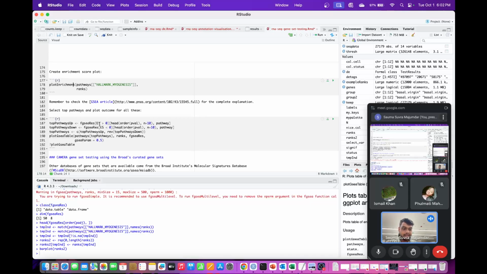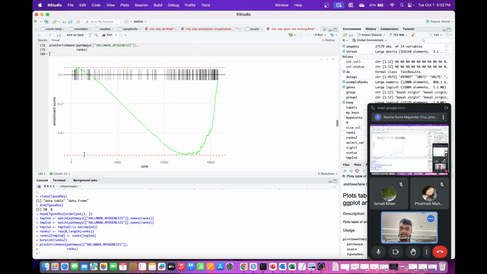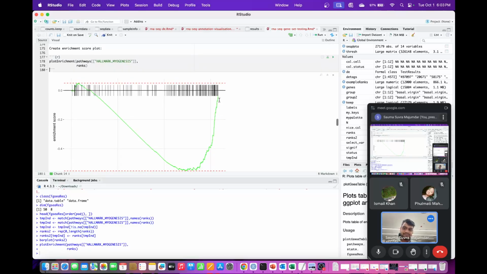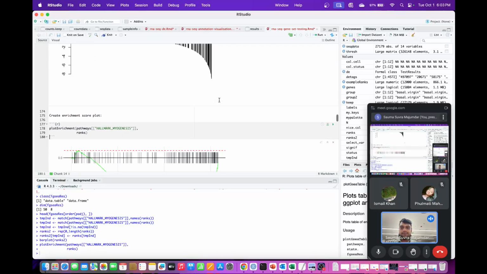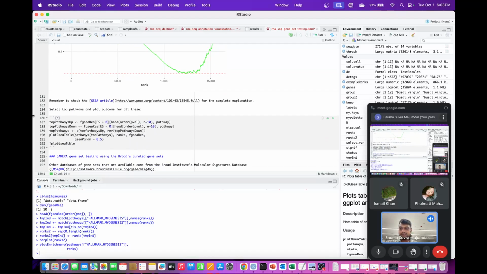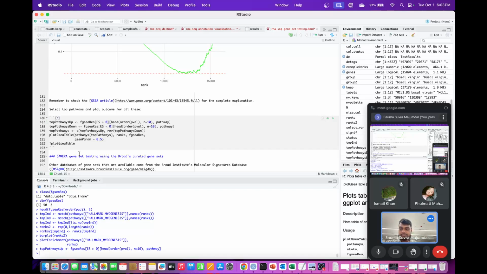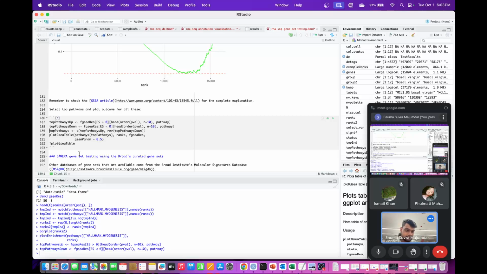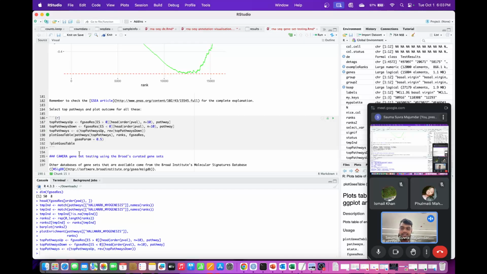So we are creating enrichment plots. So yeah, see, this is how the enrichment plots look. So you have enrichment scores here. This is your highest enrichment score, which is reported, and it goes down like this, right? Now, if you want to see which pathway is the most affected here, we check for the top pathways that are upregulated, top pathways that are downregulated, and we combine both of them, up and down, and you can plot the GSEA